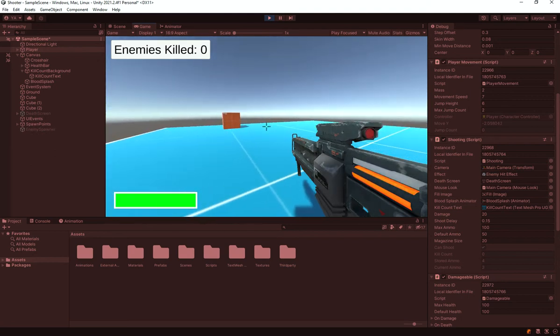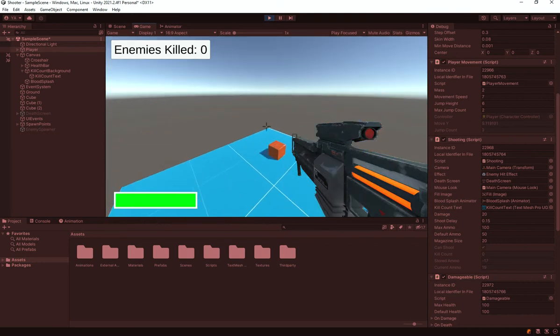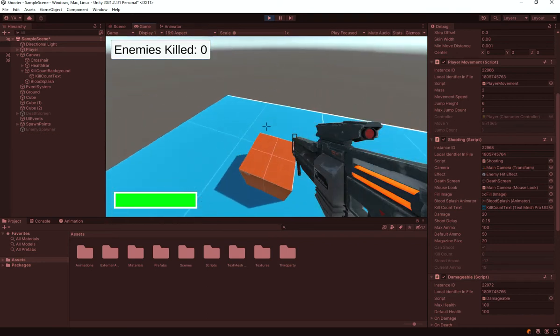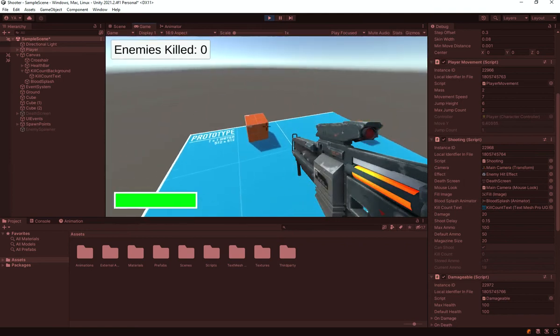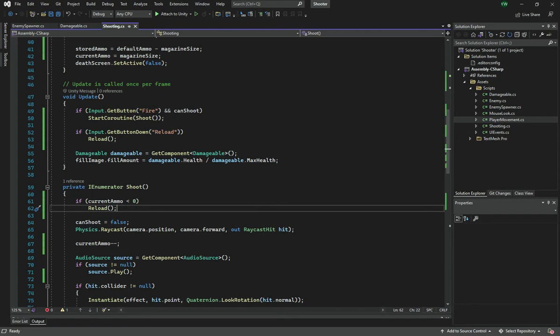So 4 3 2 1 0. Now you can see we can go to -1 before this actually results in an error, and our stored ammo can also go negative. So yeah, that is a problem that we need to solve, but you can see the basics working. Now the first problem can be solved pretty easily by changing this to less than or equal to,